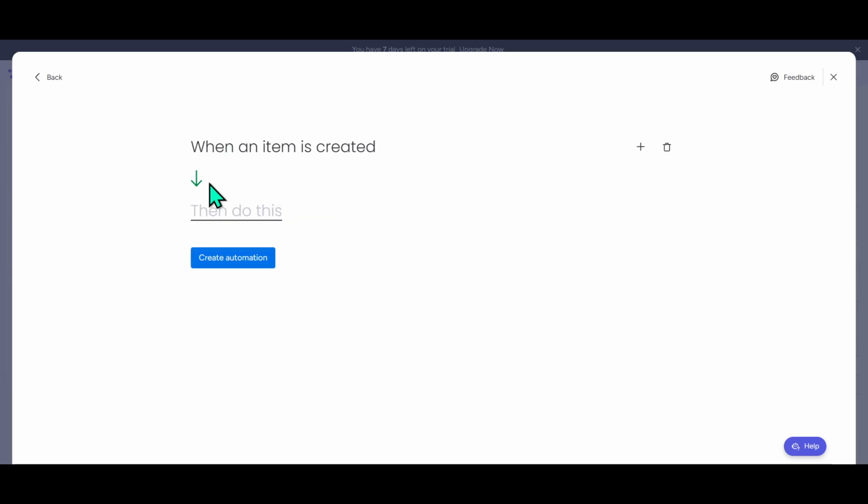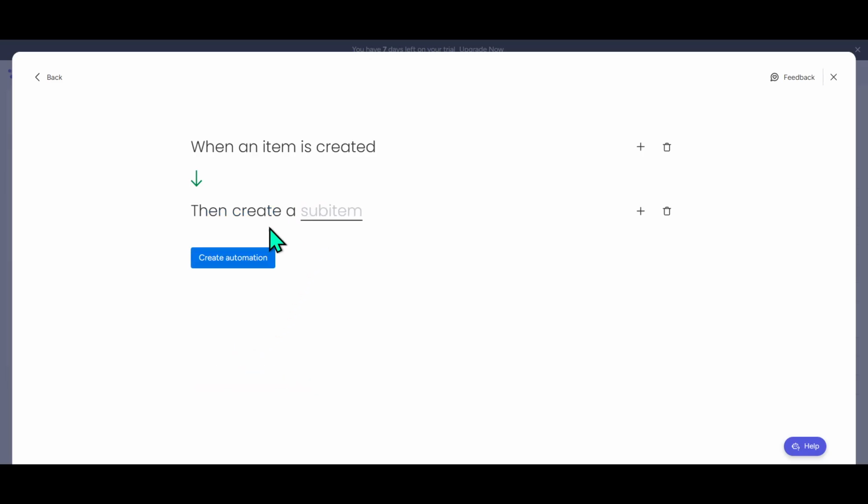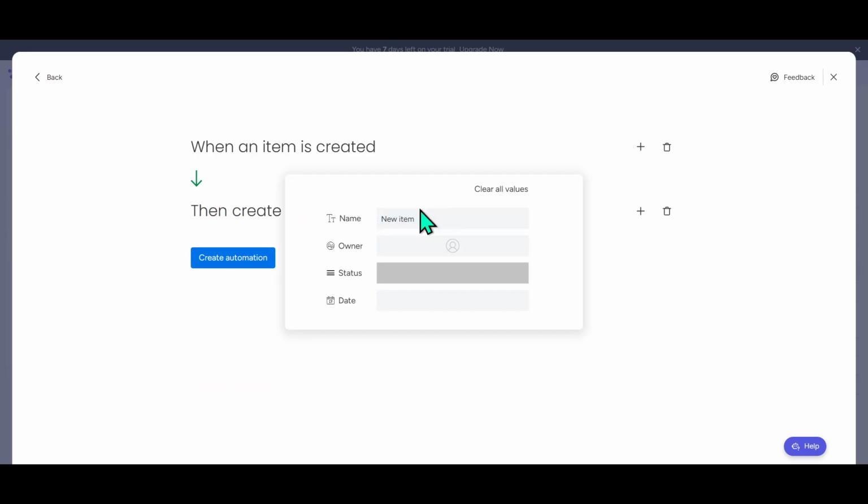Next, we need to specify the action that will occur once the trigger is set in motion. Click on Then Do This. And from the list of options, choose Create Subitem. It's a straightforward approach that ensures every new item on your board automatically gets a sub-item, establishing a structured and